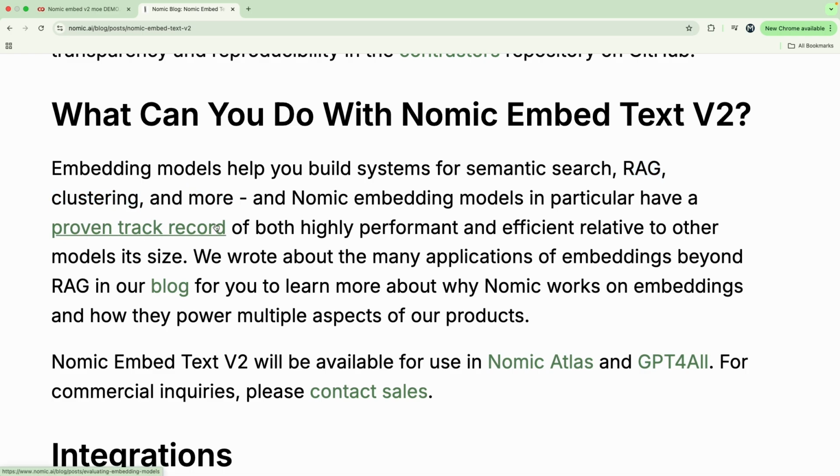And also, Nomic has a very good track record of actually building some really, really good embeddings models. I'm a huge fan of the GPT-4 embeddings model that I used in my personal applications, and they've been releasing some really, really good embeddings models that the community has been very, very receptive of. So I feel like this is a big step forward for a better open source